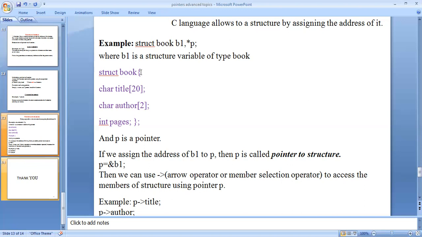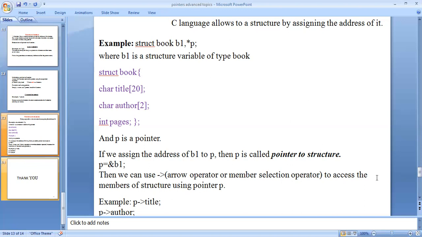Then we can use the arrow operator, or member selection operator, to access the members of the structure using the pointer.